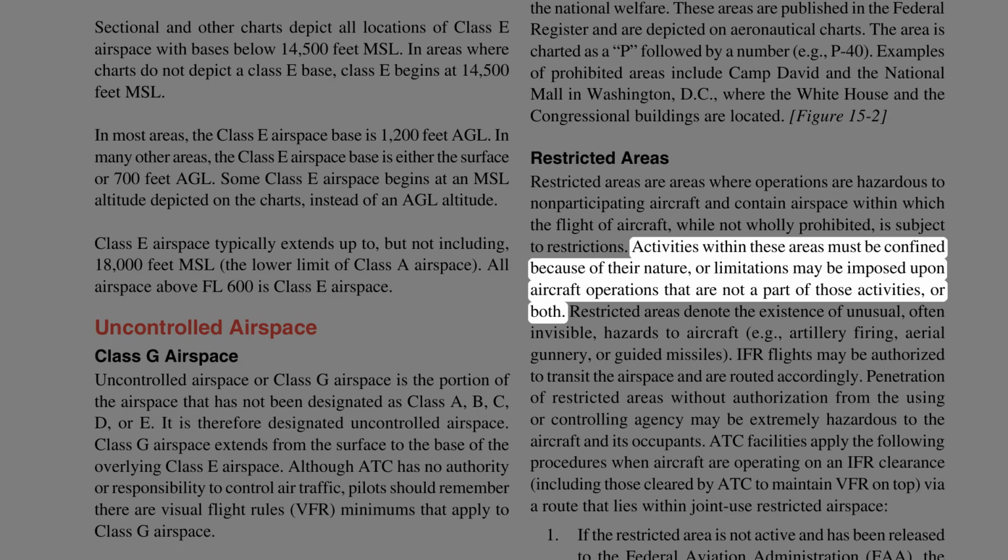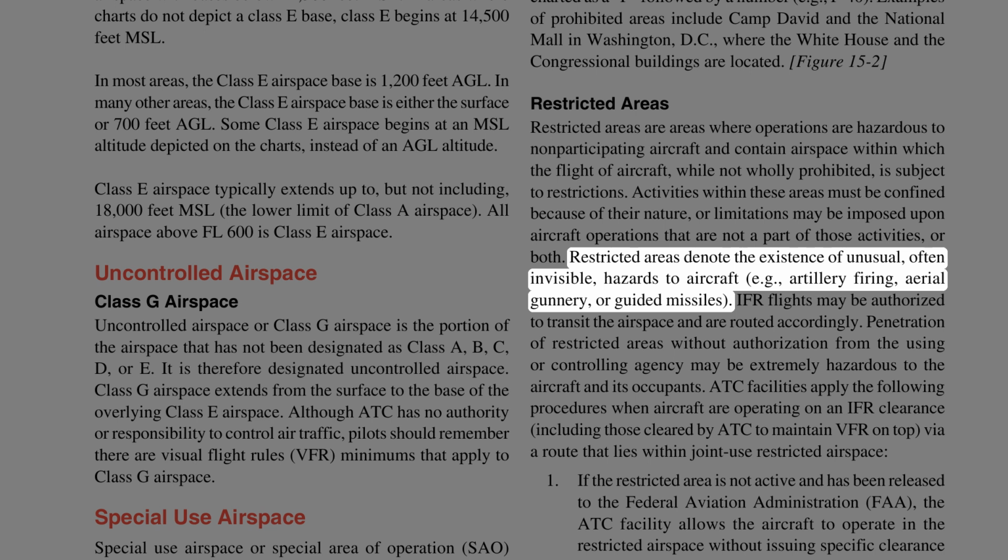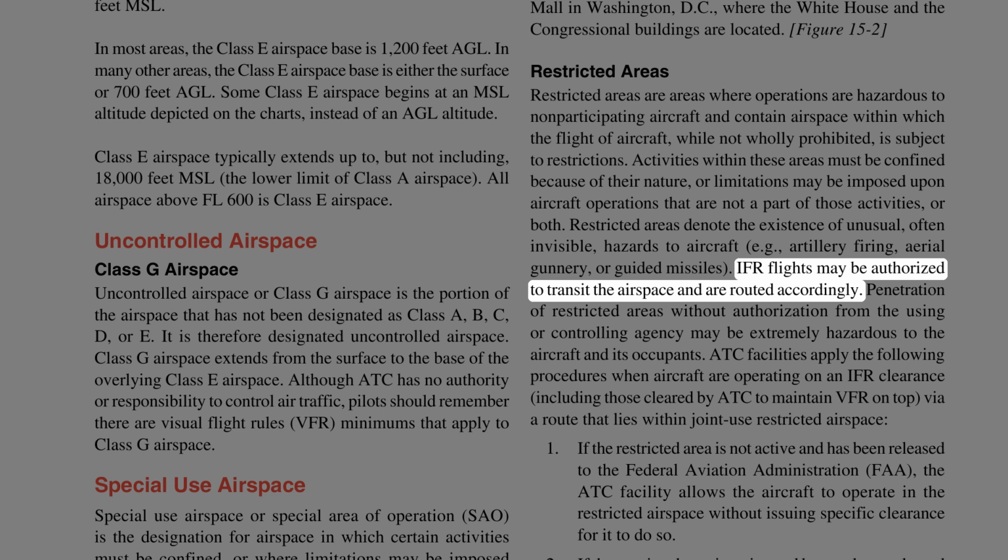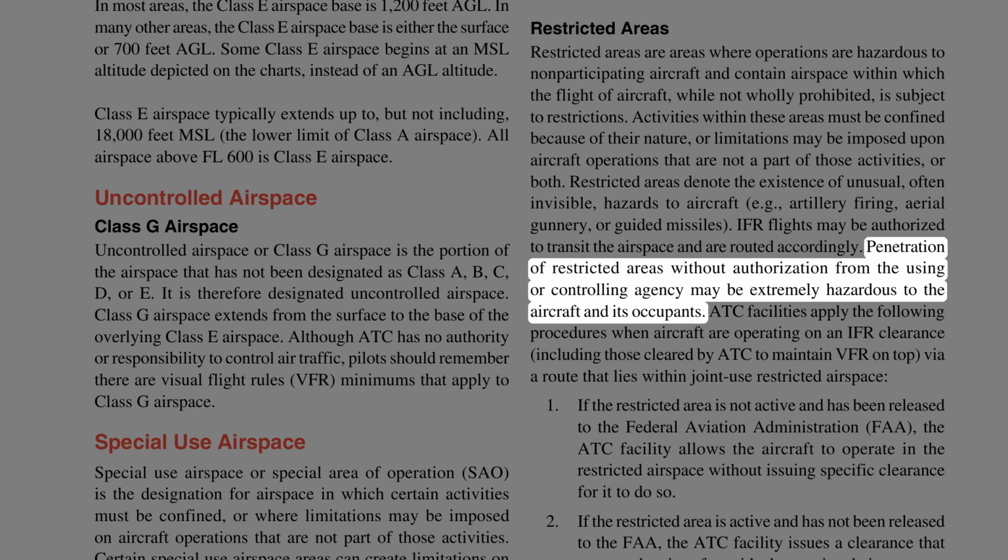Activities within these areas must be confined because of their nature, or limitations may be imposed upon aircraft operations that are not a part of those activities, or both. Restricted areas denote the existence of unusual, often invisible, hazards to aircraft, e.g., artillery firing, aerial gunnery, or guided missiles. IFR flights may be authorized to transit the airspace and are routed accordingly. Penetration of restricted areas without authorization from the using or controlling agency may be extremely hazardous to the aircraft and